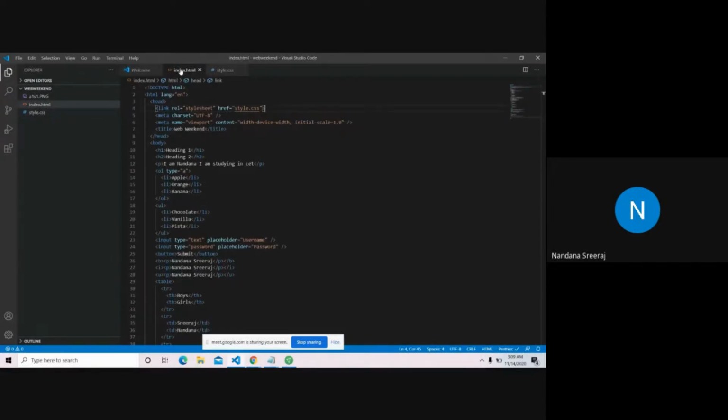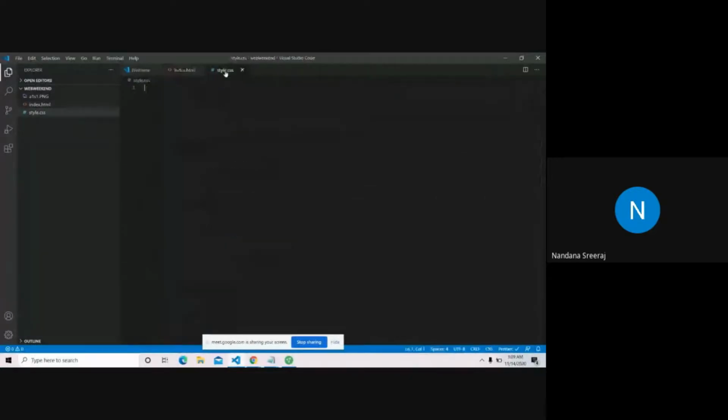Now let's see how we can apply our CSS into our document, how we can style that. Starting with color. First we have an h1 tag, a heading tag. Let's change the color of this h1 tag. I want the color to be red or something. So what we do is that inside the style.css, we'll write h1. h1 is a tag name, right? And then we'll open a curly bracket. So now we have the tag name and the curly bracket.